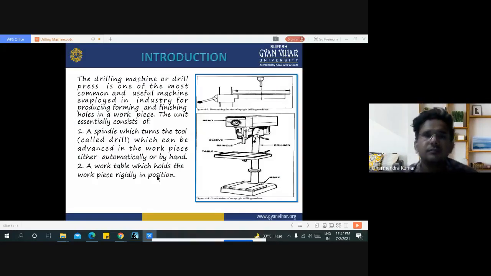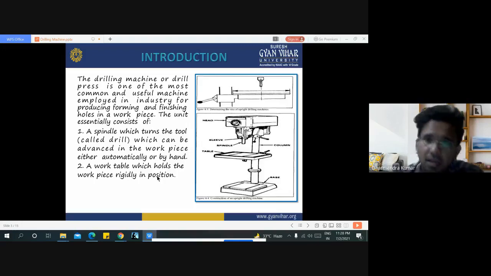This is the basic introduction about the drilling machine. The drilling machine or drill press is one of the most common and useful machine processes in industry for producing, forming and finishing holes in a workpiece. The unit essentially consists of a spindle which turns the tool, generally called a drill tool, which can be advanced into the workpiece either automatically or by hand. A work table holds the workpiece